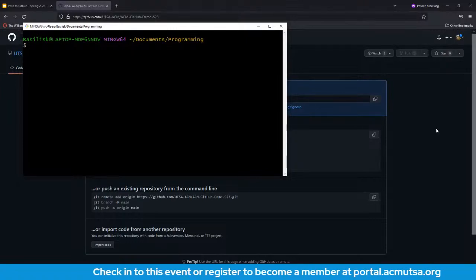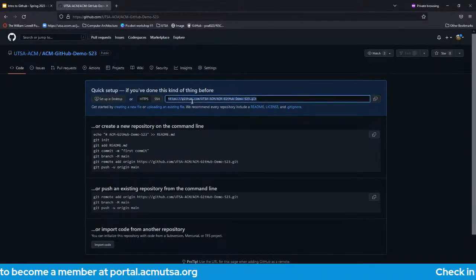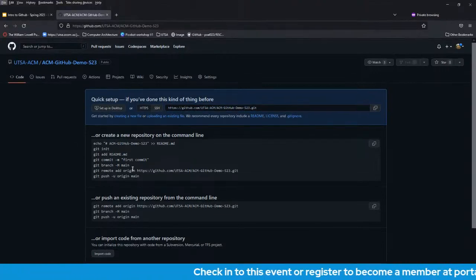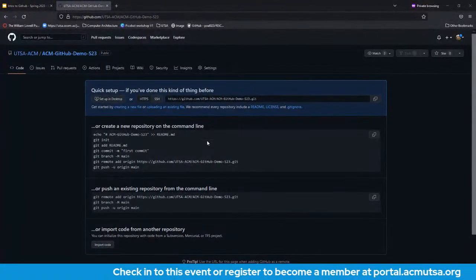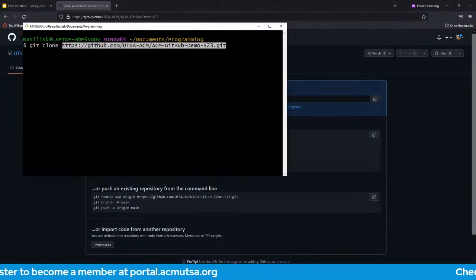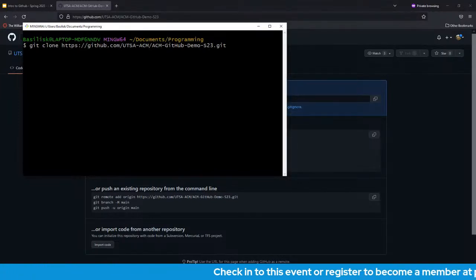To get started, we'll copy some of these commands. First, this link here is the link to your repository on the cloud. Let's say I want a copy of this repository on my local machine. What I would do is type git clone and then the link. Essentially this creates a clone of the repository on the cloud onto our local machine. If I hit enter,